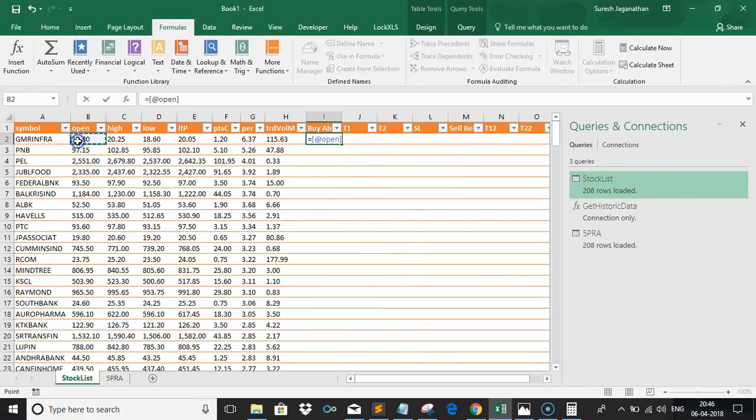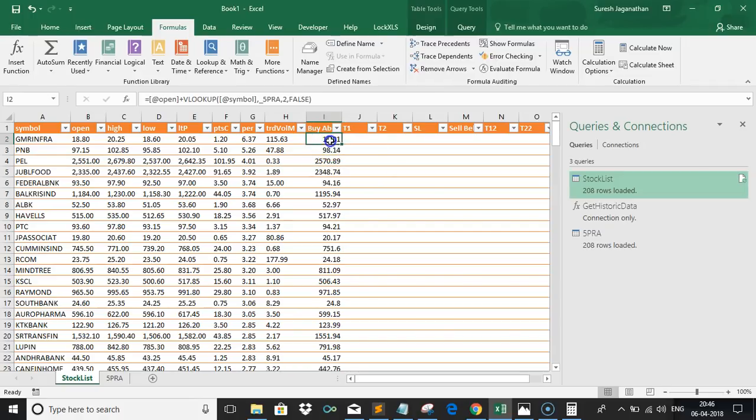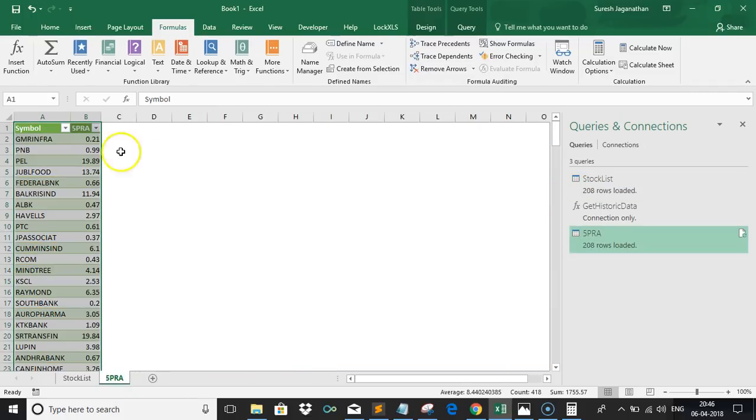Okay, so open plus this one, sorry, VLOOKUP. GRM infra, and the table will be 5 PRA, and the column index will be the second column, and this is false. Okay, and just type it, overwrite all. So buy above will be 19.01. The reason is, open is 18.80 and 5 PRA will be